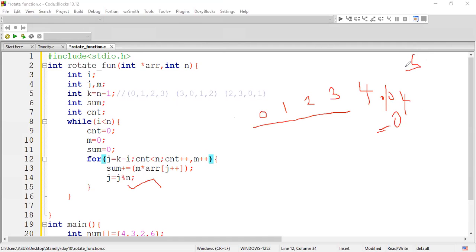Again, 5 modulo 4 gives you 1. This is the logic for your rotation, which means the shifting rotation of your string. So you can have that many rotations. Are you able to understand this logic?